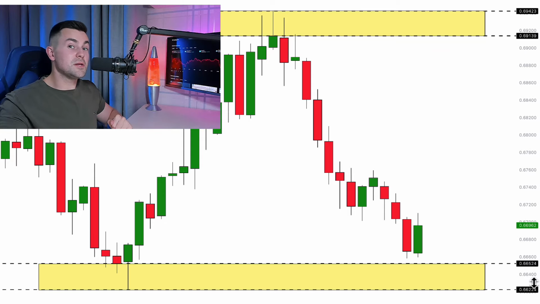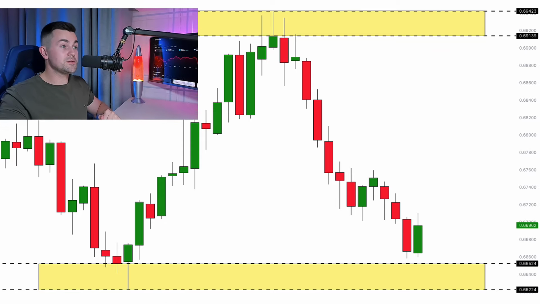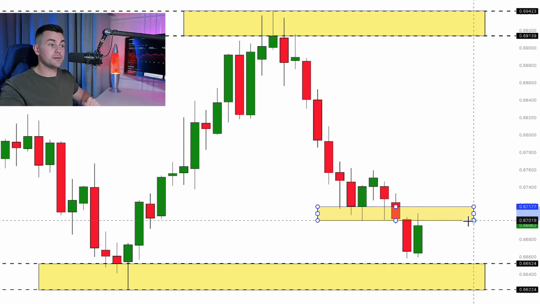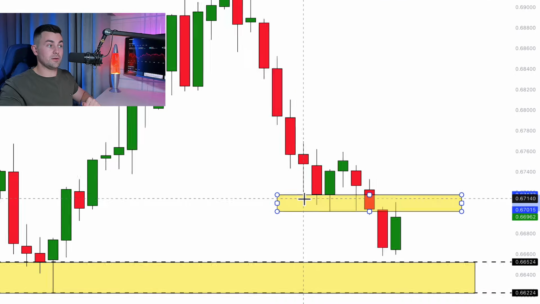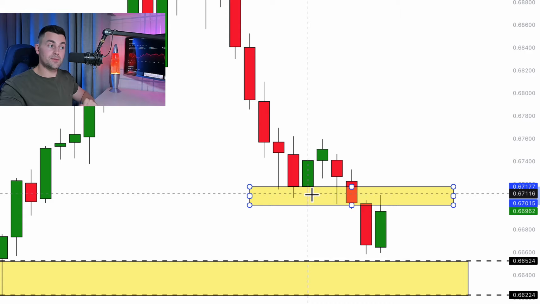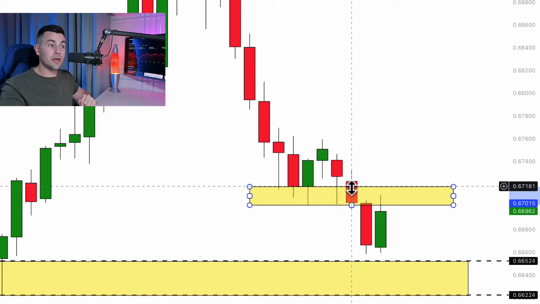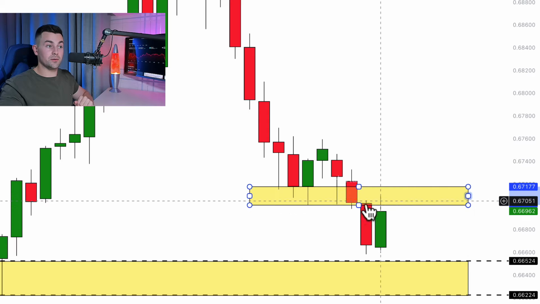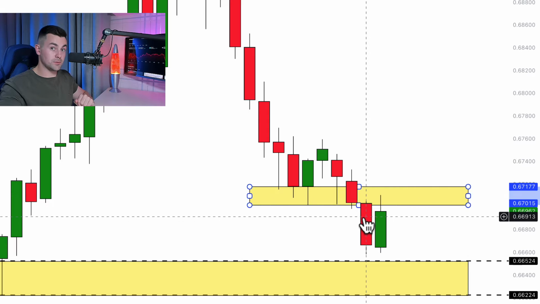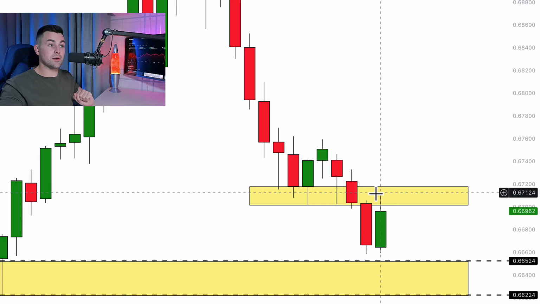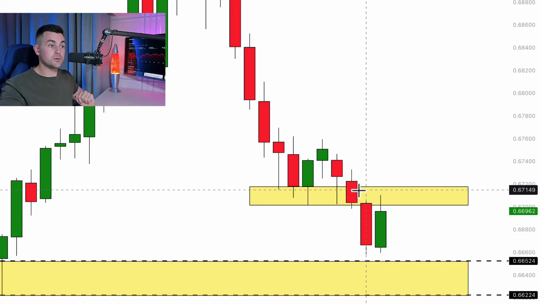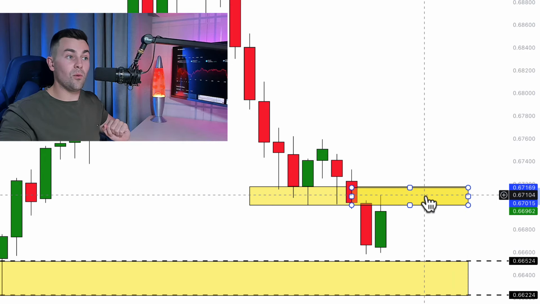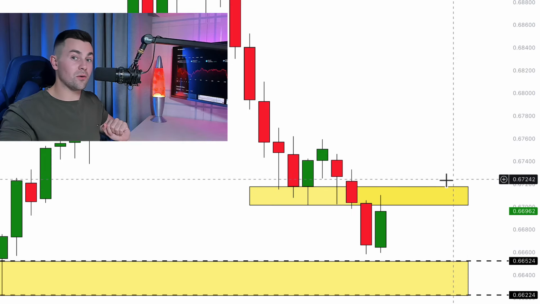And we can also see more structures here. For example, we can see that right here we got a significant support. We see that this support here was respected multiple times by the market in the past, and then you can see that that structure was broken. The daily candle closed below that structure. We can assume that after the breakout, the broken structure turns into resistance, and here's our next strong resistance to